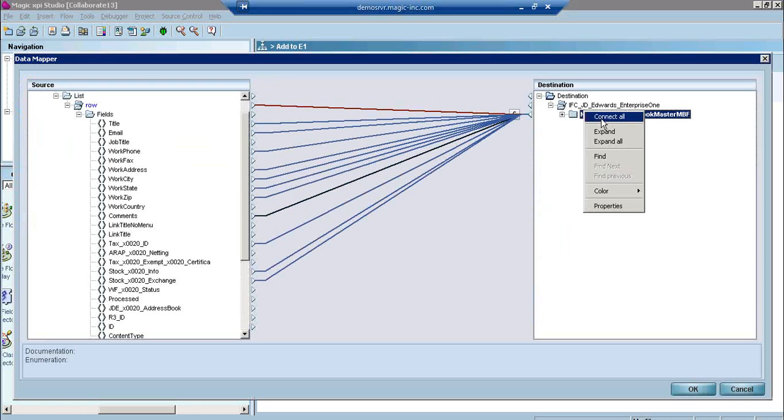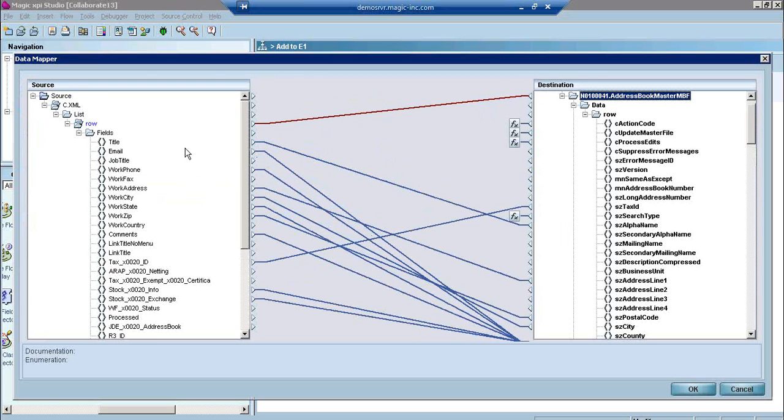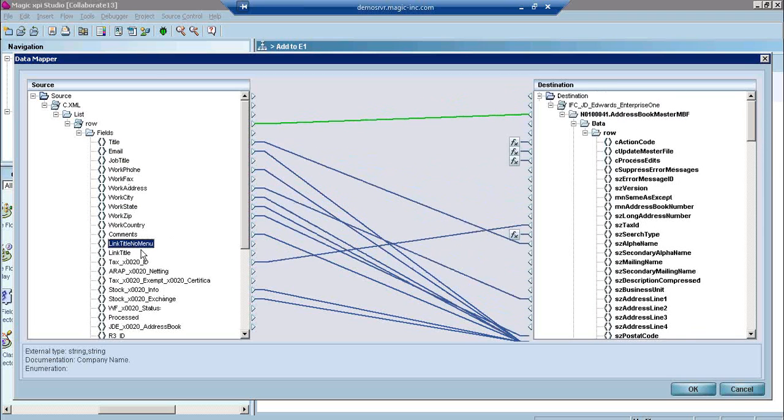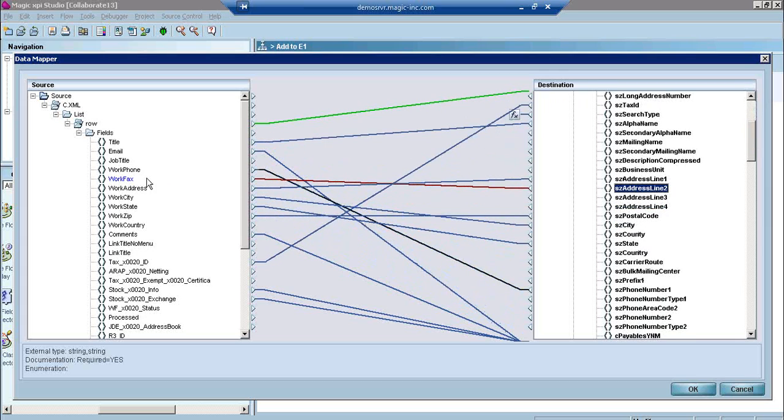On the left side of what we call a data mapper here, I'm going to have SharePoint represented. SharePoint has all the different fields in a form. On the right side, I have my JDE business function, and I can create a map in between the two. So I can plug this field into there just by drawing a line across. And see, it creates a data relationship between the source and destination. So as I put, say, the work country into country over there, see that creates a maroon line that goes across. So that's how I know that field's going across that way.